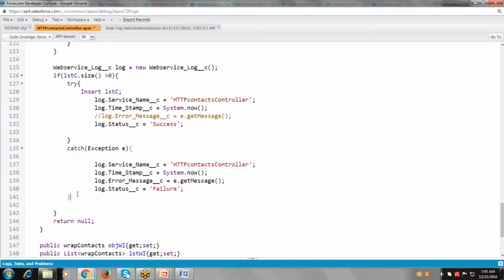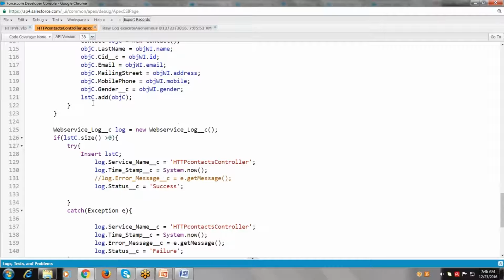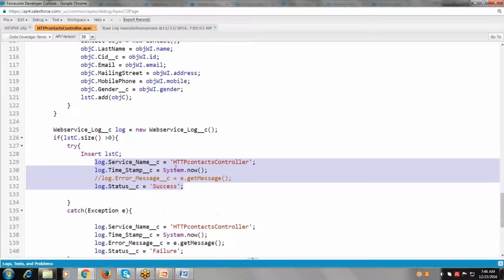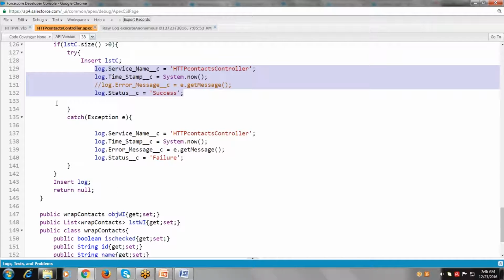And finally, just insert the record. Insert log. So once a contact is created here, it will create a success log as well. And I would like to return to the same page. Return